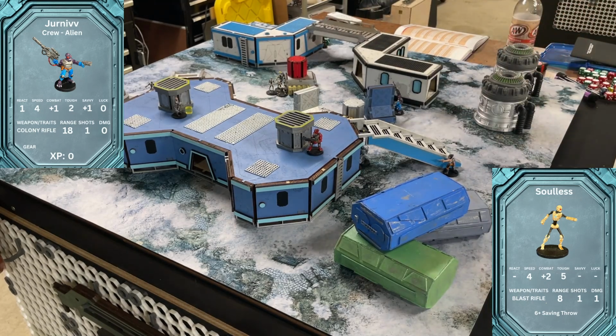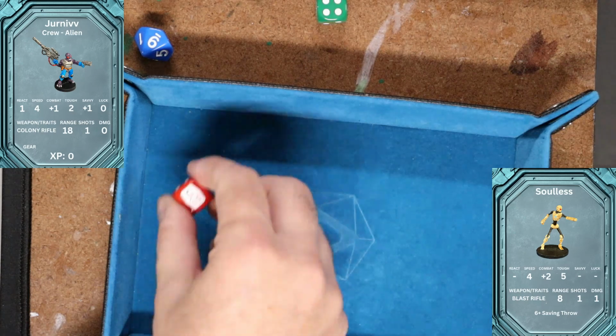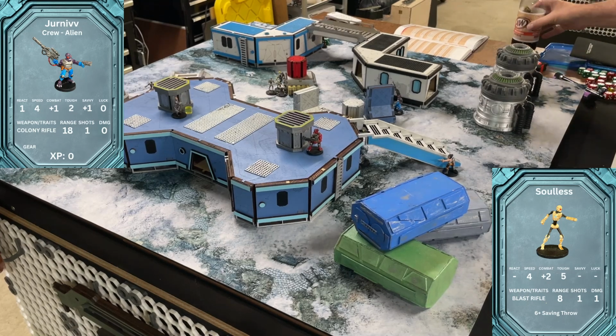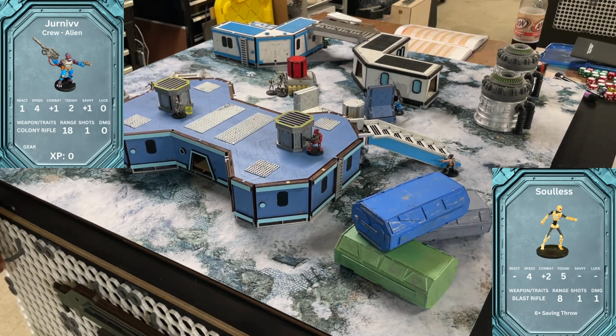Purple has a colony rifle, which is just, he's +1 combat. He's got partial cover, so it is a 6 or higher, so he needs to roll a 5 or higher to hit. I rolled a 6, which also gives him an extra shot. Is that right? No, that's in the game Bug Hunt. Sorry. The 6 hits